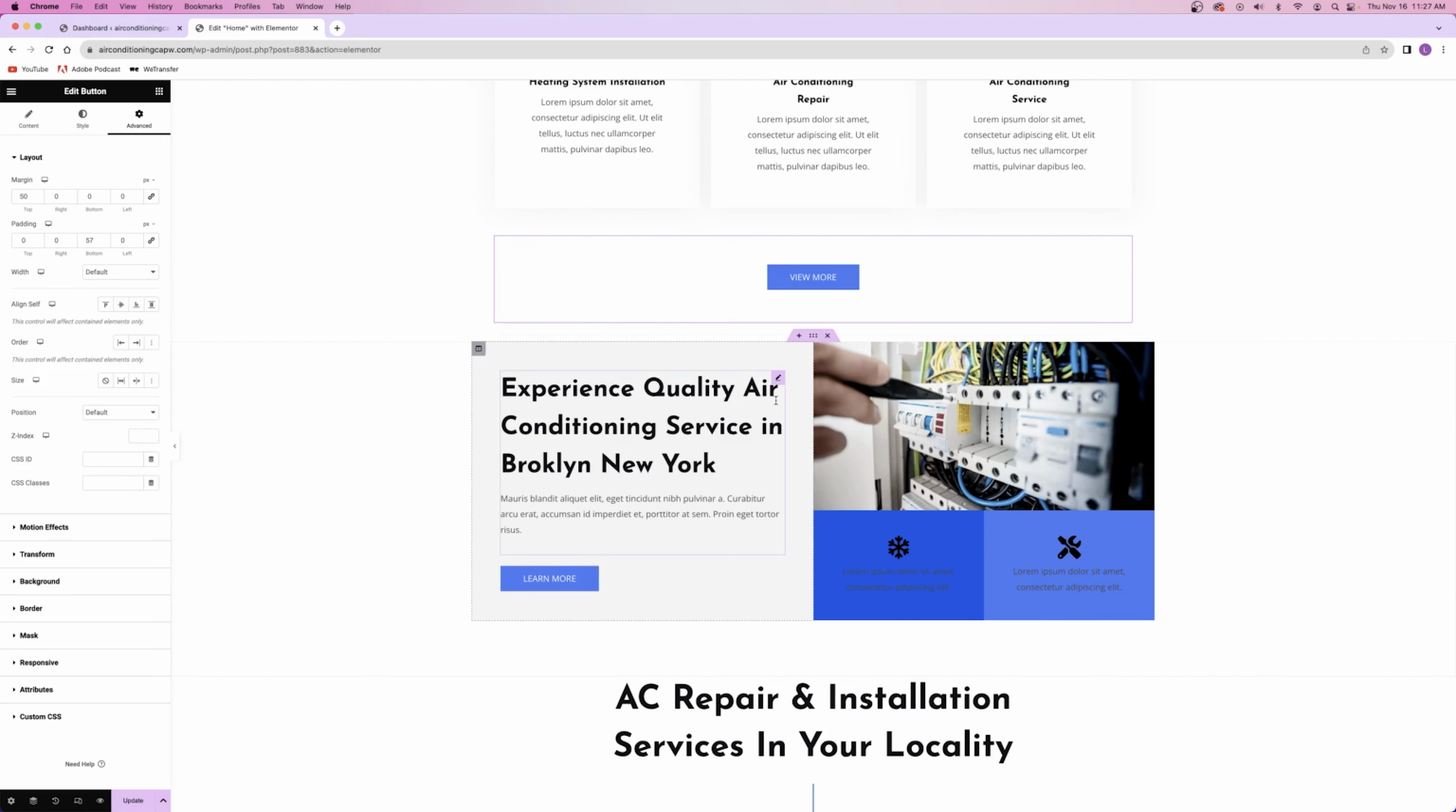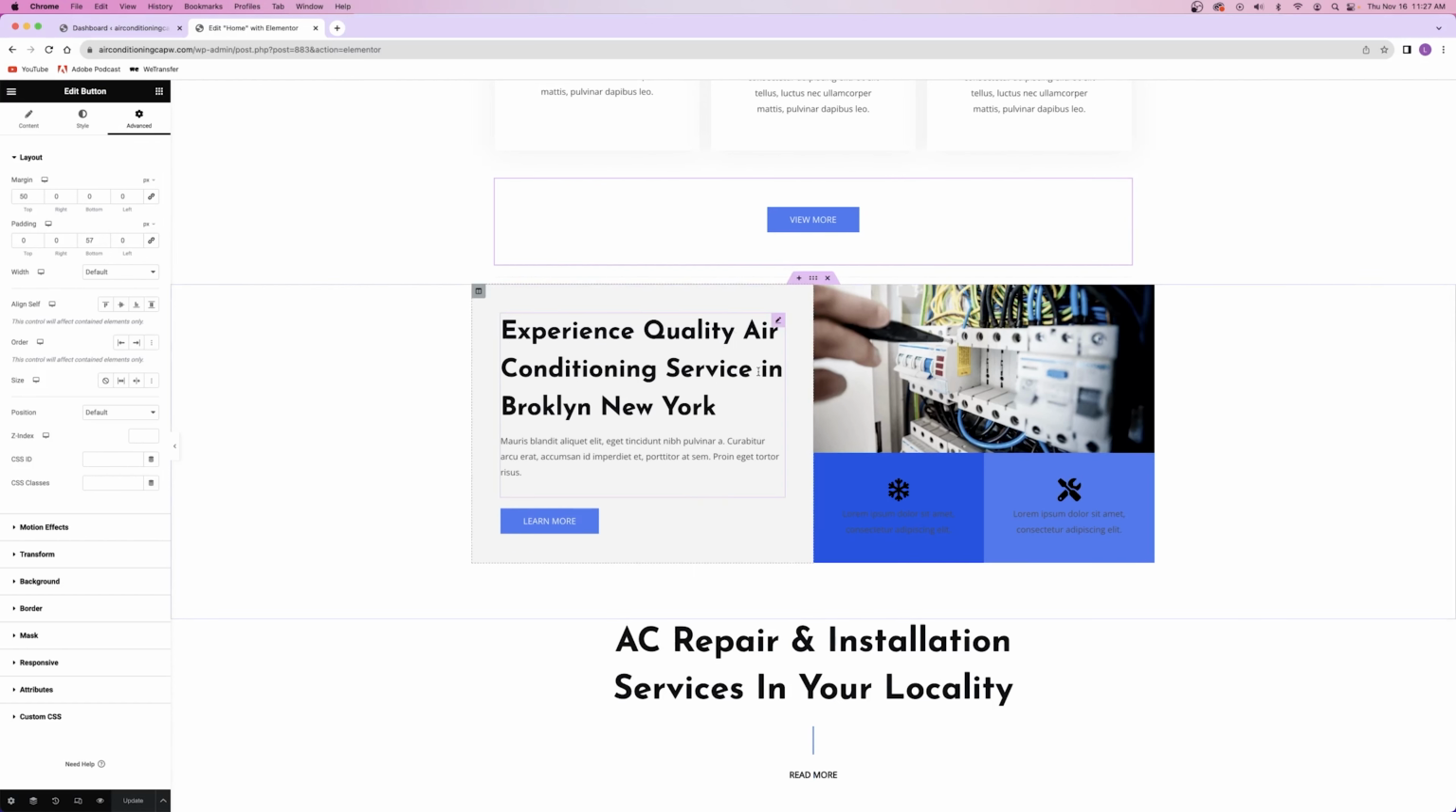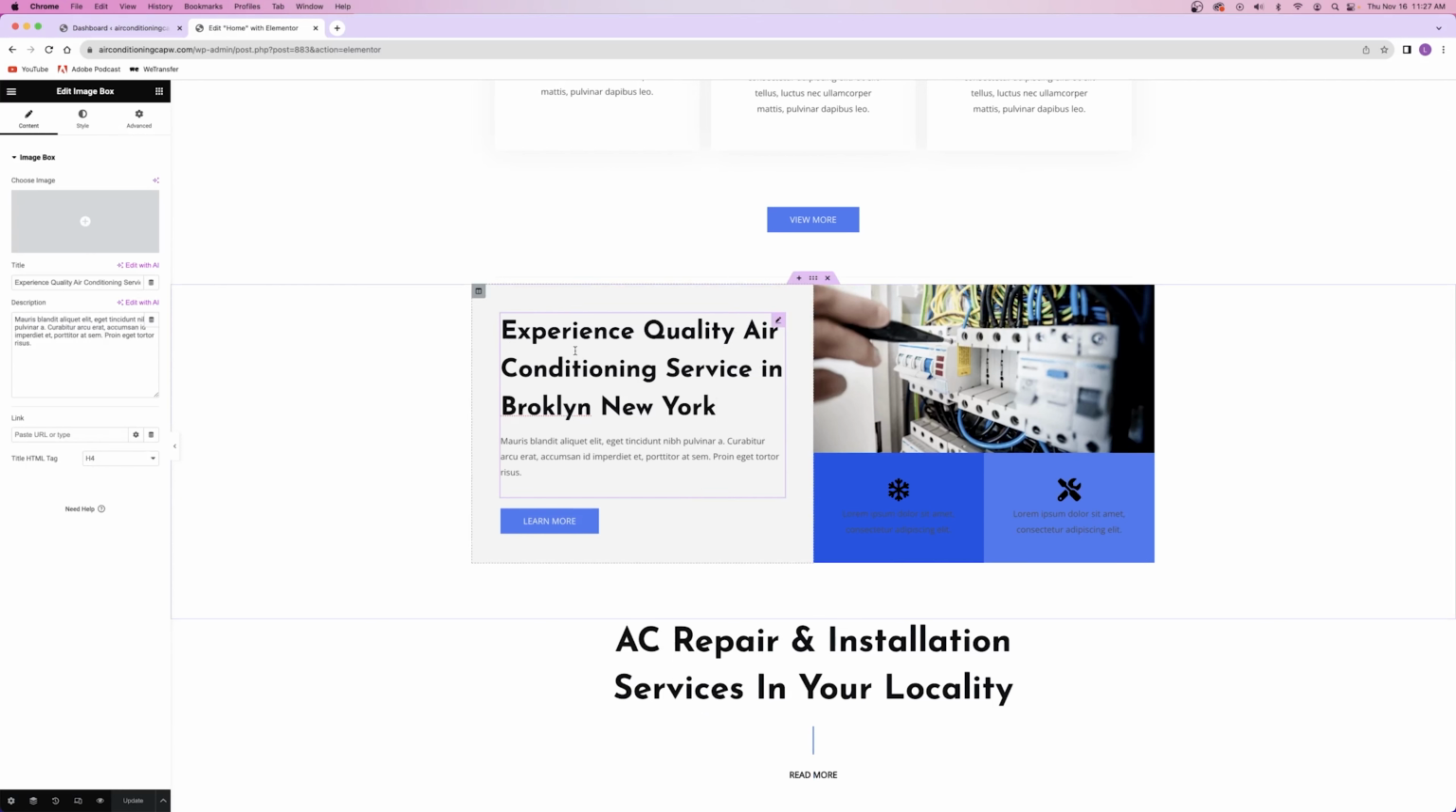I think 57 kind of looks good. And then we'll click on update to save. Okay, so now that we're done, we've removed those logos right there. We can go ahead and move on to this next section, which again, you guys already know how to change